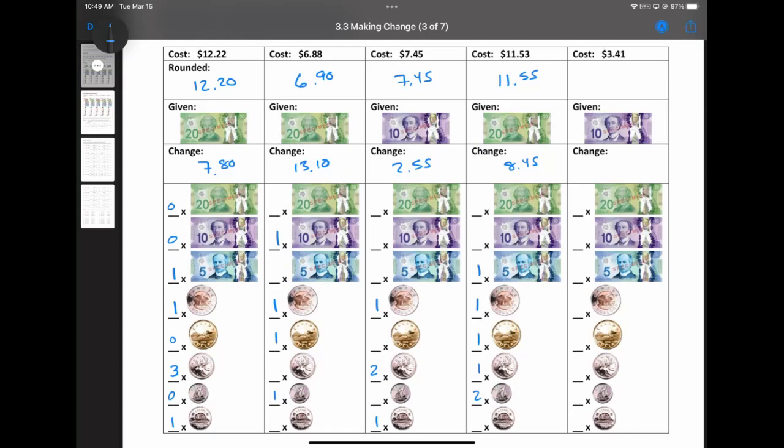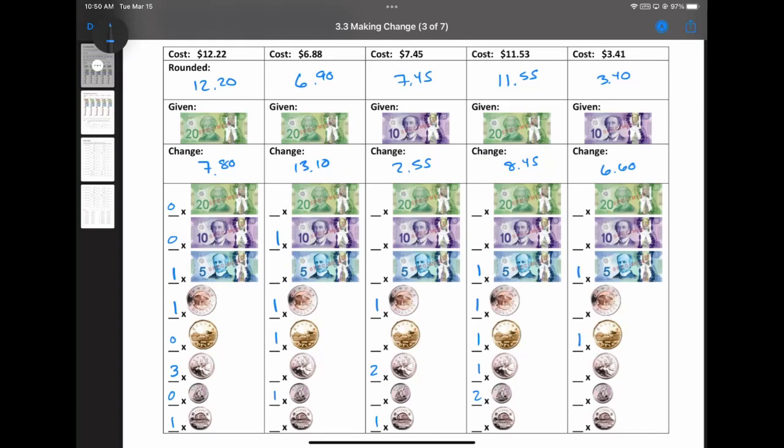The last one, $3.41, just rounds off to 3.40. And if we do 10 minus 3.40, we get 6.60. Now, I do want to point out, and I really haven't done it so far, although I think it's pretty obvious, you always want to pull out the biggest thing that you possibly can on these. So for $6, I could just do six loonies, but that's not really an effective way of doing it. I could do 3 toonies, but the best way to do it is to say, what's the largest bill or coin I can pull out, and then pull it out. So that would be the 5,